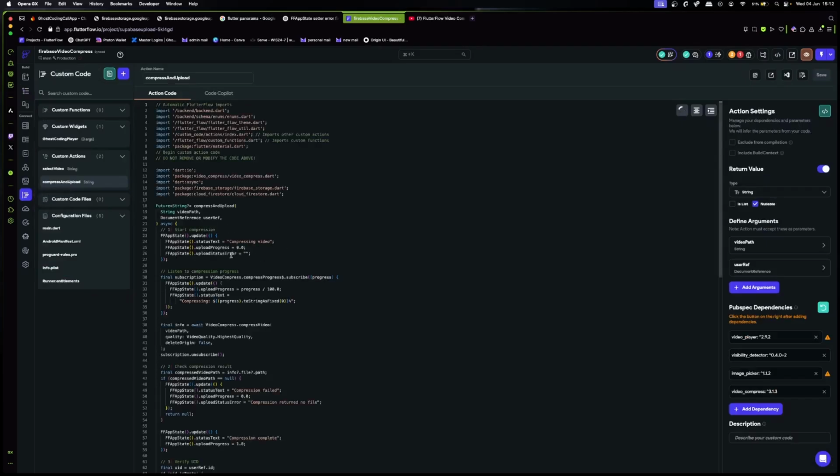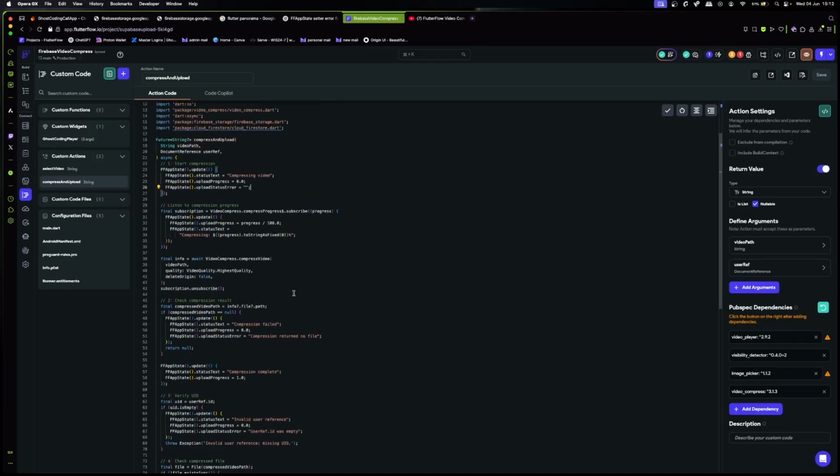So inside of our app, we also just specify an empty string for upload status error. Now you will see why I did this and why I added this as an app state. This is just good for error logging and error tracking to see why something is going wrong, where it's going wrong, that type of thing. And you can also then inform the user of why it is that it failed.